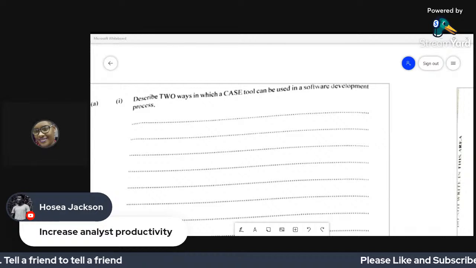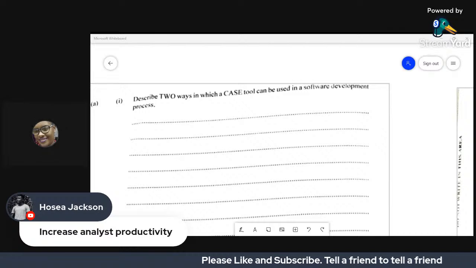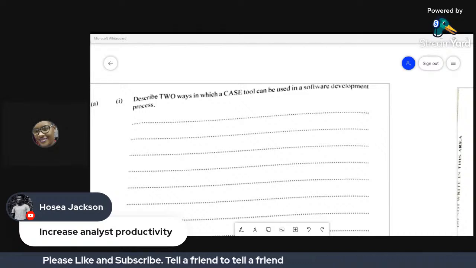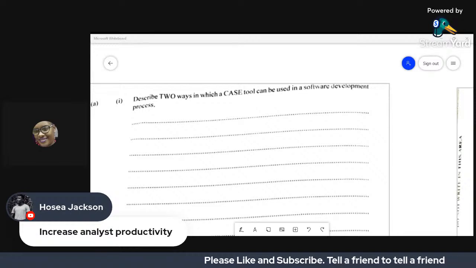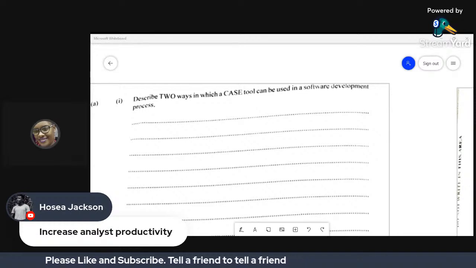It is also used throughout the development process for user documentation. So manuals: how you're going to create the system, how users are supposed to use the system.